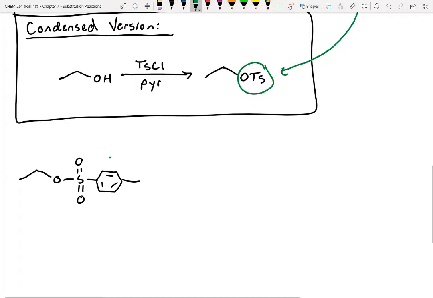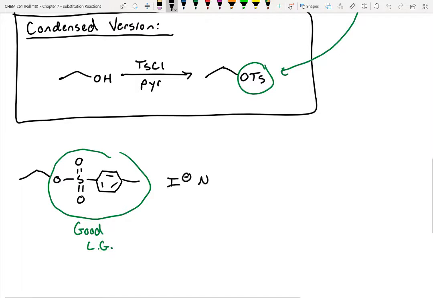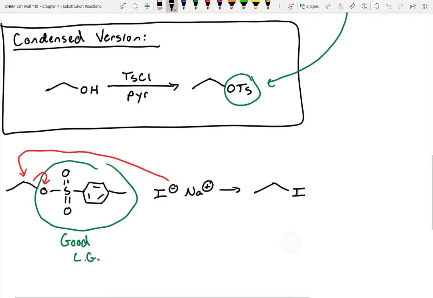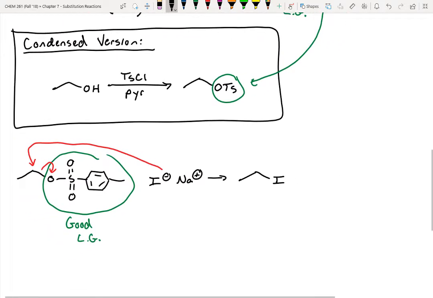All right, like we said, this is a good leaving group. If I have a nucleophile, let's say iodide with a sodium countercation, this iodide nucleophile can reach over, attack that carbon, do substitution chemistry, kick off that oxygen, and we can accomplish the same transformation as before. Plus, you get your sodium cation,